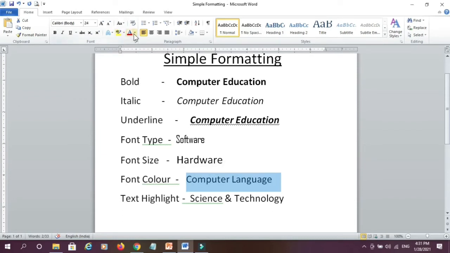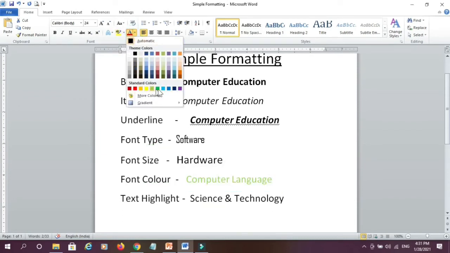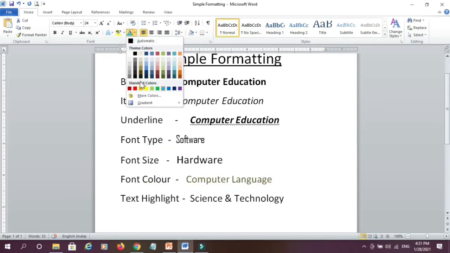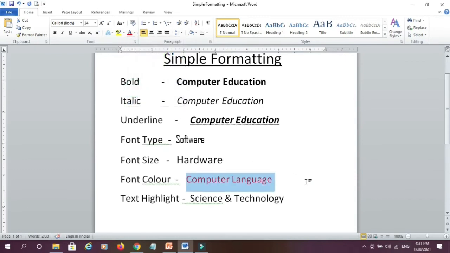I go to font color button and click on particular color. So you can see here my text got changed to that color. Similarly, if I want some other color, I can change to some other color.